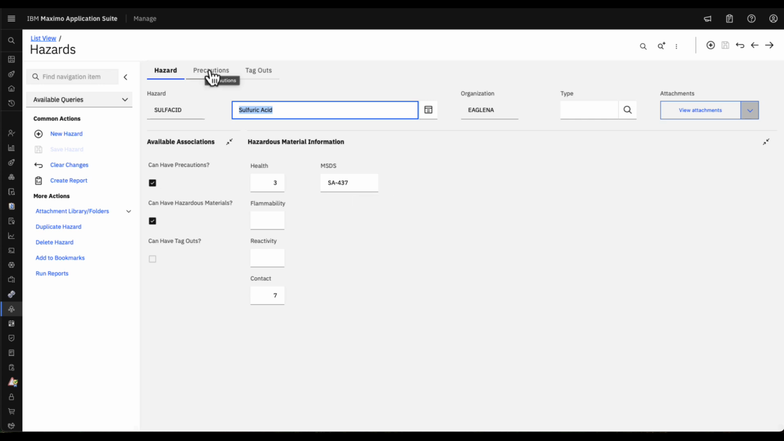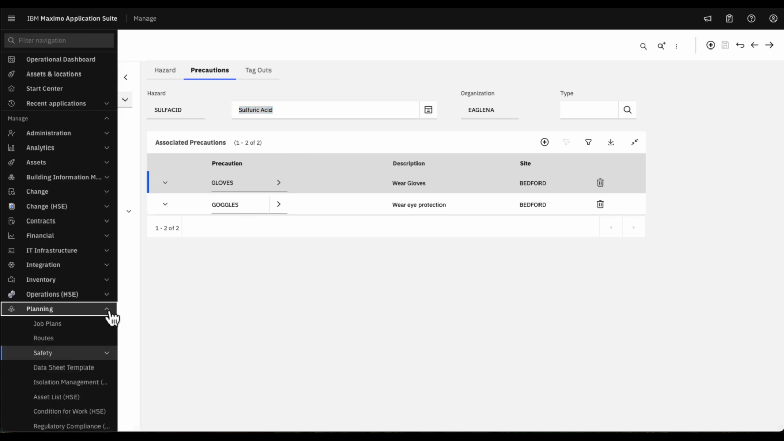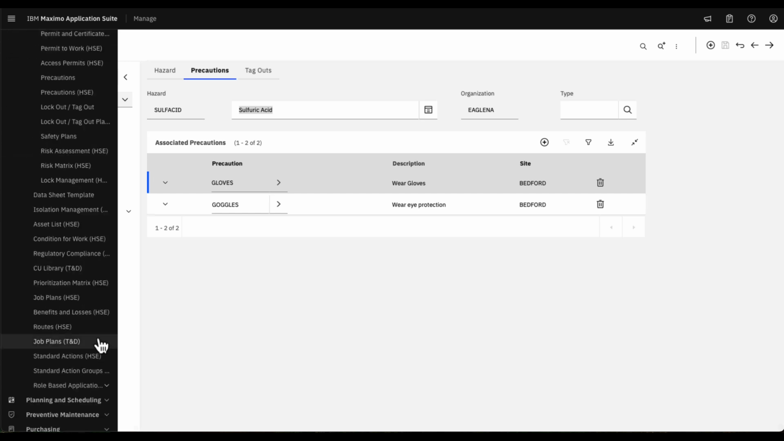And then if I have precautions in the system, I'm able to indicate the precautions that we are expecting people to take when working with this hazard of sulfuric acid. And it's that simple. As long as you've got your hazards and precautions in order, then you can start building your safety plans. In order to build the safety plan, again, you go back over to Planning and Safety and Safety Plans,